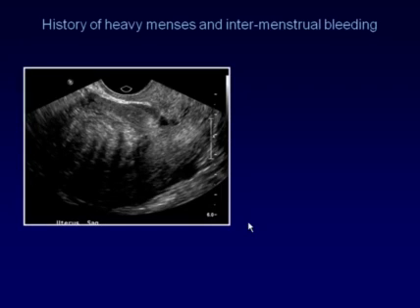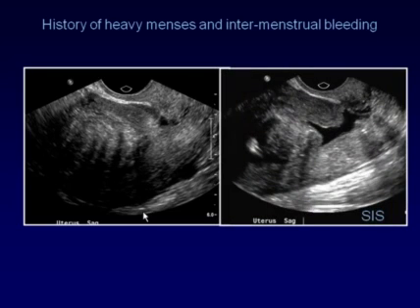This patient came with a history of very heavy menses and some intermenstrual bleeding. On transvaginal imaging, we had a hard time seeing the endometrium because there seemed to be a large mass with shadowing in this region. And so the patient came to have a sonohysterogram. Fluid was instilled into the endometrial cavity via a catheter, and you can see very nicely outlined this fairly almost completely intracavitary myoma. In addition, however, the fluid also filled this little niche or scar from the prior cesarean section